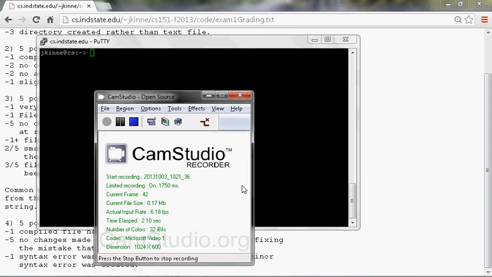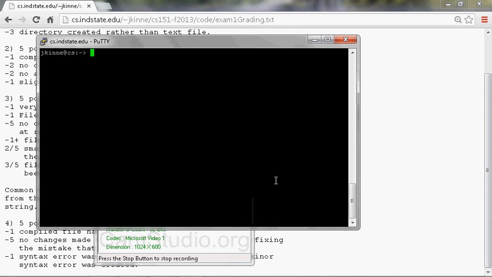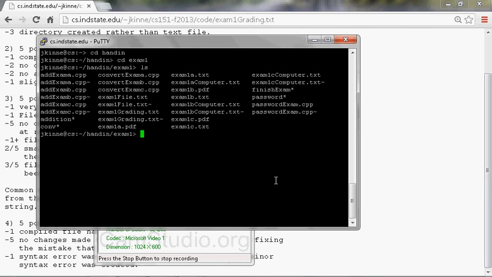In this video, we're going to go over the solutions to the computer exam for the second section of the class that meets at 12:30. Once you're logged in, you go into your hand-in directory and exam1. The exam files were there. I have all the files for all the sections here, but we're looking at exam1b